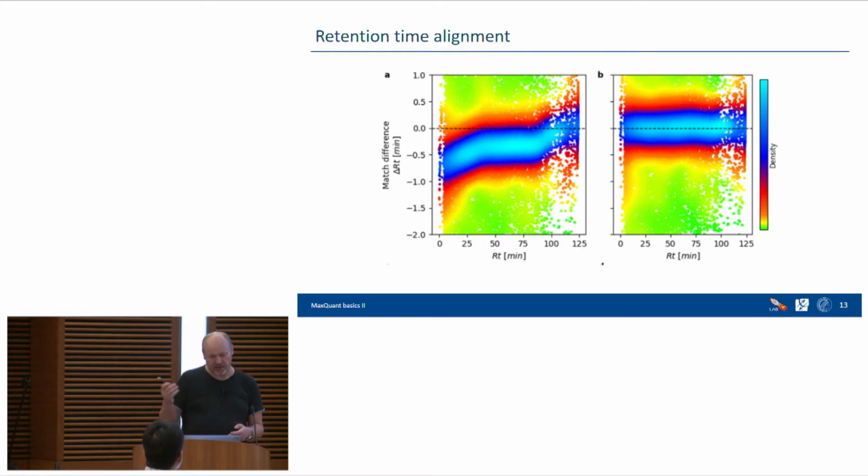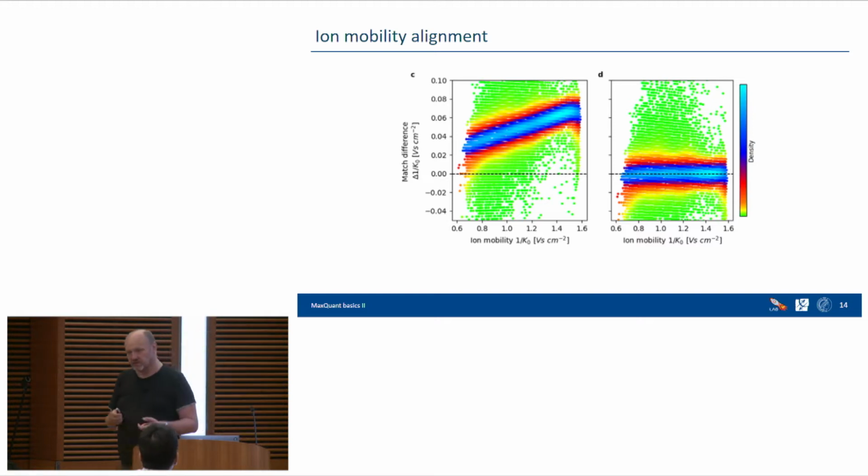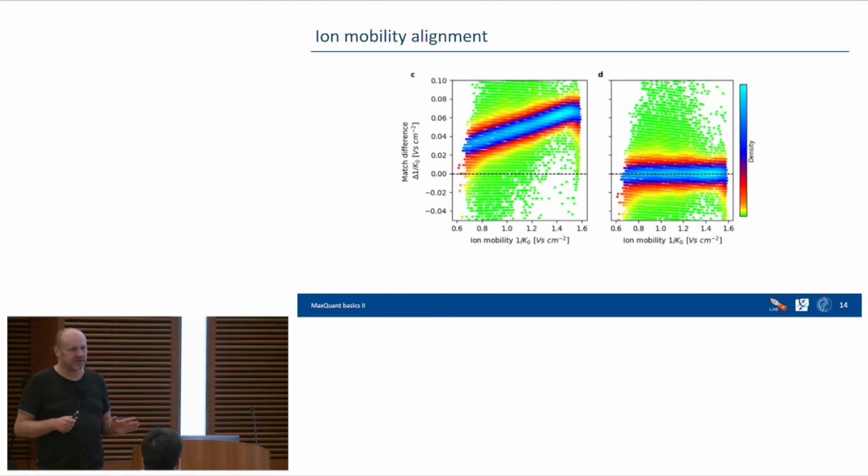But then we have now the ion mobility, and so the question is there, should we also align the ion mobility before we do the matching? And so here the answer is yes as well. So if we apply exactly the same strategy that we used for retention time alignment now in the ion mobility direction,